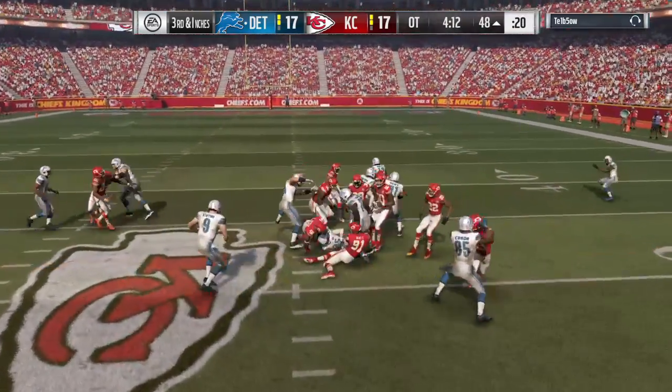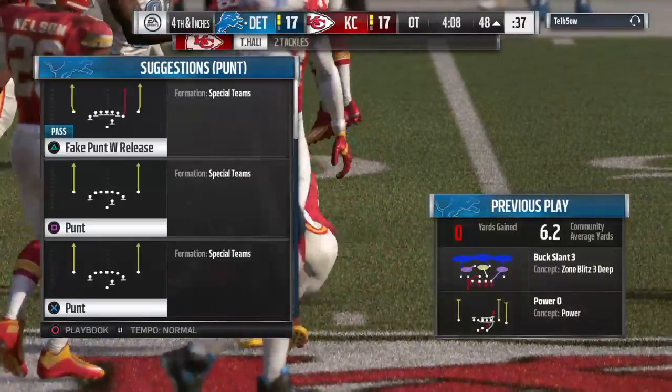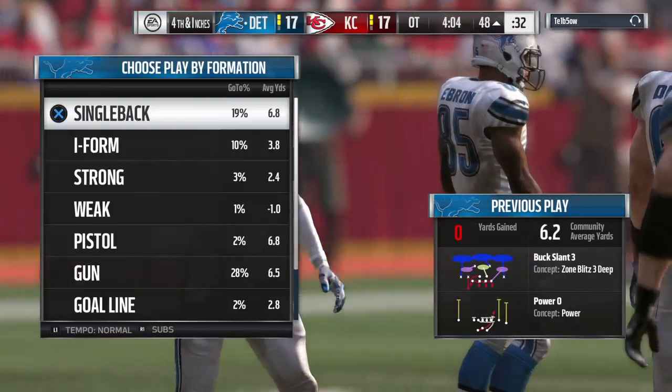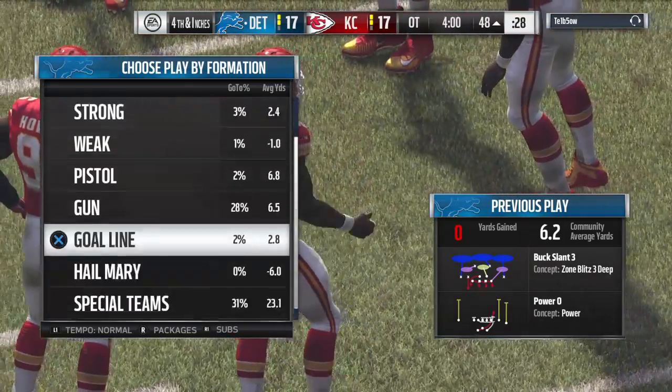They'll run it now out of the gun. They'll be marked inches short. No gain on the play, and that's going to lead them to 4th down. That was a terrific job by the defense stopping them on 3rd and short, but sometimes you get some visual